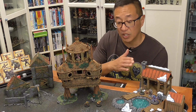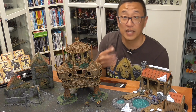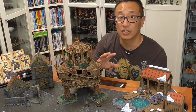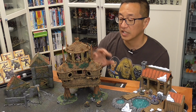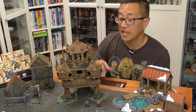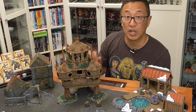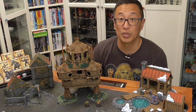As well as when we look on the computer, the city set is highly stylized as well. And that's one of the things that I really like about Printable Scenery is that each one of their Kickstarters comes out with very distinct features and distinct sets. And so this doesn't disappoint in that regard either. Also, I print everything out in 0.2 millimeter height, and this requires no supports. So all of this printed up really well, as you can see here. So without further ado, let's go ahead and jump on over to the computer and I can walk you through